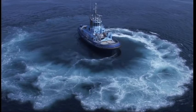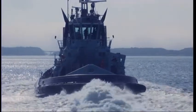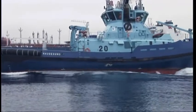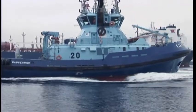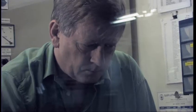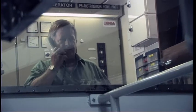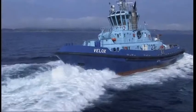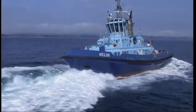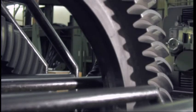Highly accurate, very fast, very precise. This is its strength, and this is why it makes sense to use it in such applications. For example, it can change from full ahead to full astern within 5 seconds. This is 5 to 10 times faster than any other propeller you can find. Yes, it is certainly a heavy load on the propeller, but the propeller has been built for such loads. This is its daily bread, and it must be capable of handling them, and it has been handling them successfully